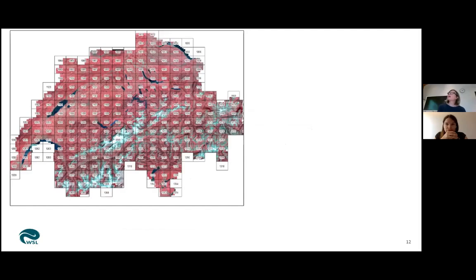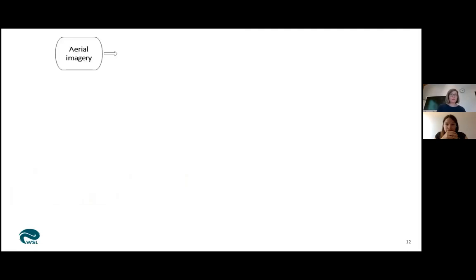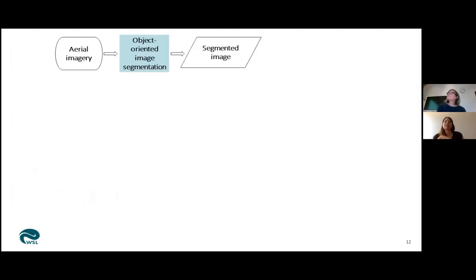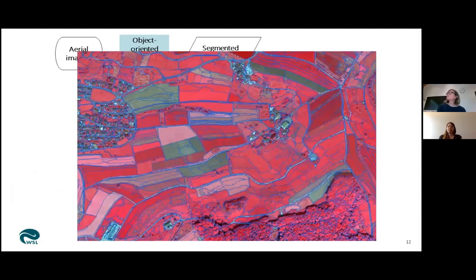So we use the aerial imagery, which is at 1 metre resolution for the whole of Switzerland, and we divided it into the 247 1 to 25,000 resolution map sheets. That imagery is in red, green, blue and near infrared spectral bands. Then we segmented those images into segments of similar spectral properties. So that's a false colour composite aerial image, and then we see that the segmentation occurs to divide them up